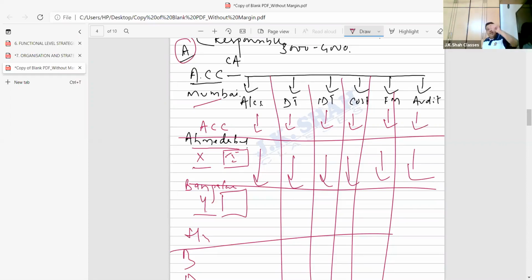This is suitable in the case of companies which do research and development in pharmaceuticals. Imagine there is a company which used to do research and development in what? Research and development in, let us say, cold and cough problems. And suddenly they found an opportunity in Corona. So what did they start doing? They stopped work on cough and cold.